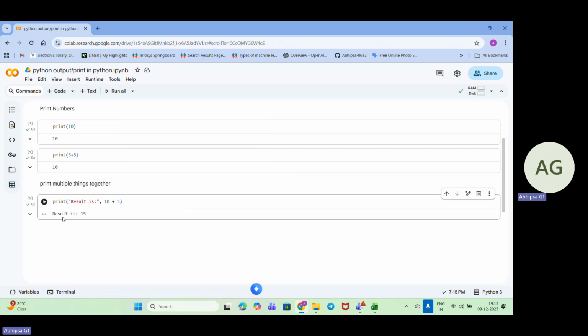So it has given me the result is 15. So this is how we can use print for doing multiple things together.